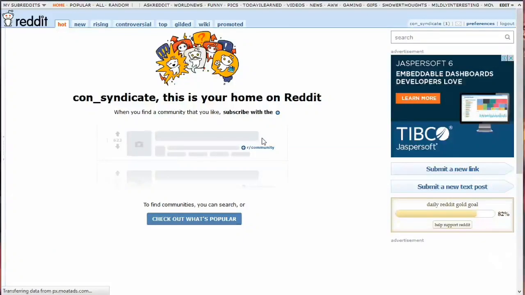So once you signed up with Reddit, you will be directed to your blank homepage right here. In order to fill this place up, you need subreddits. You need to subscribe to topics that are in line with the niche of your content product. To begin, click My Subreddits and choose Edit Subscription.